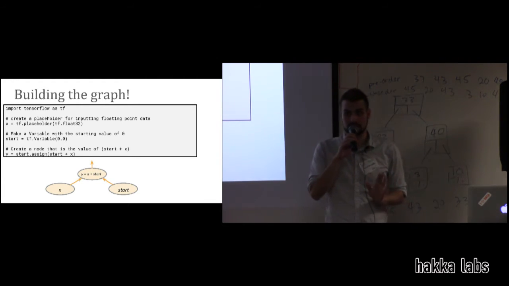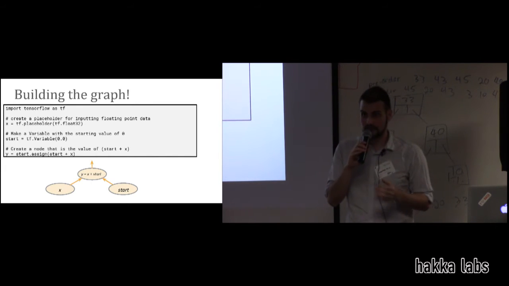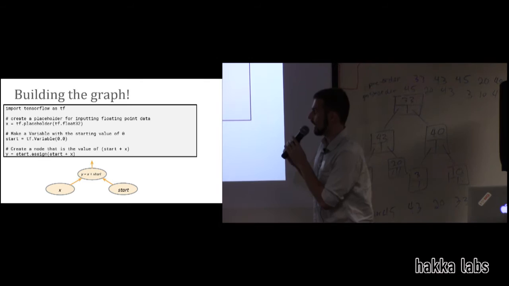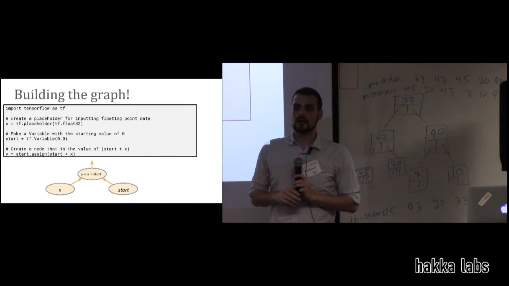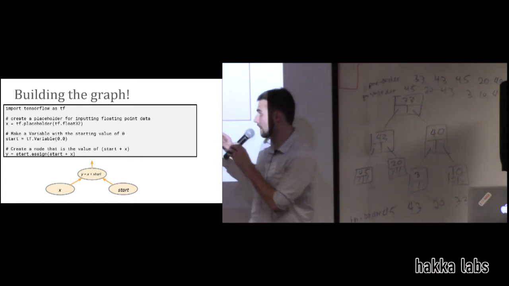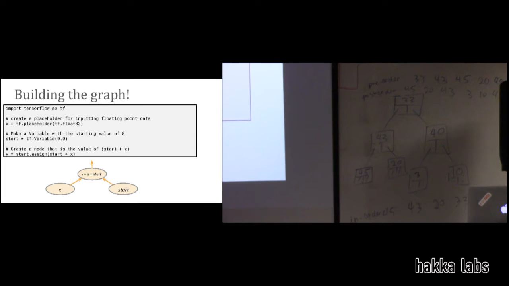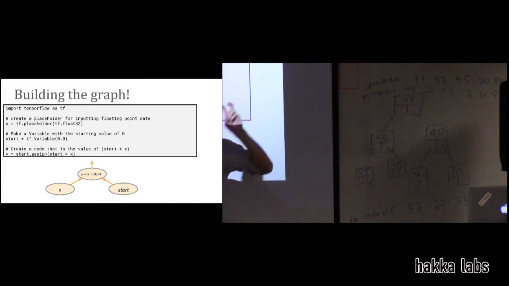Assign is a method of... Very well could have been x.assign. Exactly, correct. Well, I missed the detail. Could you say, instead of start.assign, x.assign? Oh, so x is a placeholder, right? So start is a variable object, right? You can use it as a tensor. It will be converted into a proper tensor object. I don't think it inherits from tensor, but the variable has its own set of methods. A placeholder would have its own, and it doesn't have assign as its own, right?